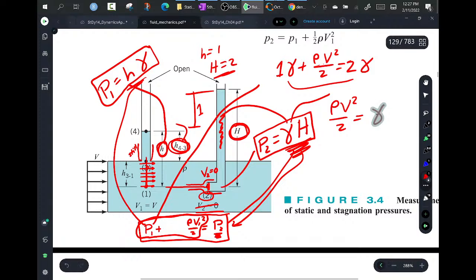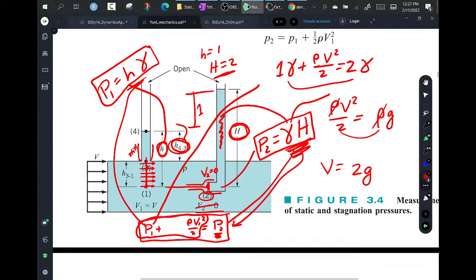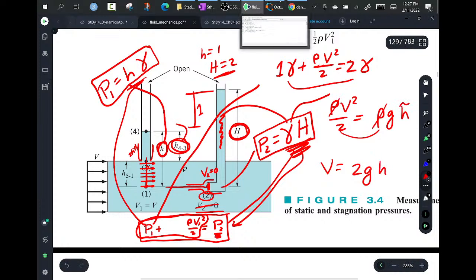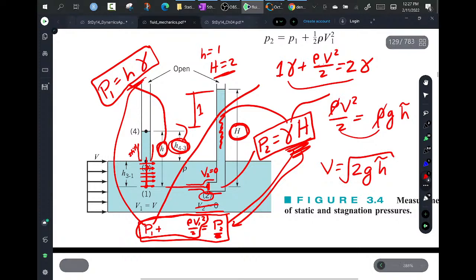You realize that gamma is nothing more than rho times g, so you can cancel it out. And you can take the 2 across, and you can say this. Now, what I'll do is instead of just leaving the 1, I'll put a little h tilde here, and you'll realize that's the case. Now, this looks very familiar